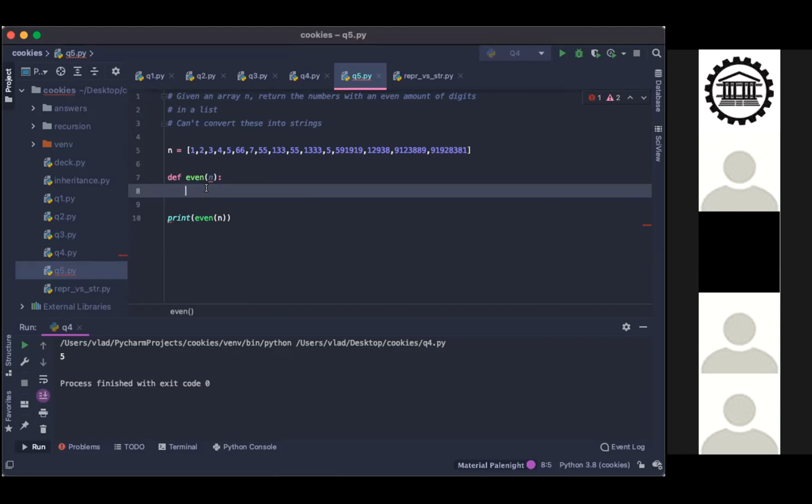This one's a bit tougher. It would be easy if we could convert them into strings, but in this particular question, we cannot.